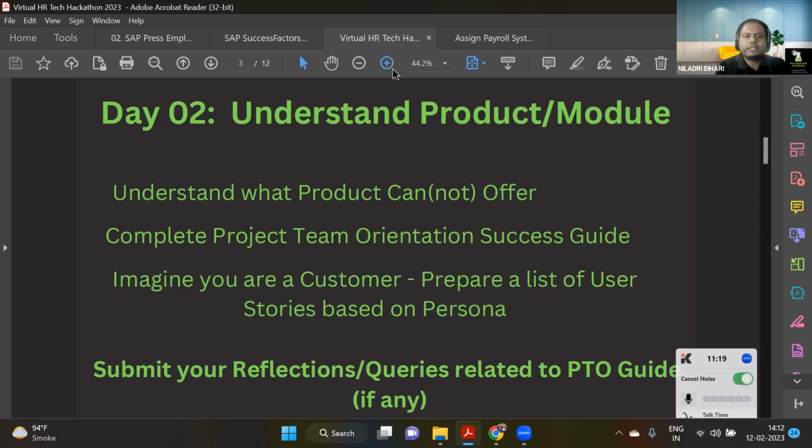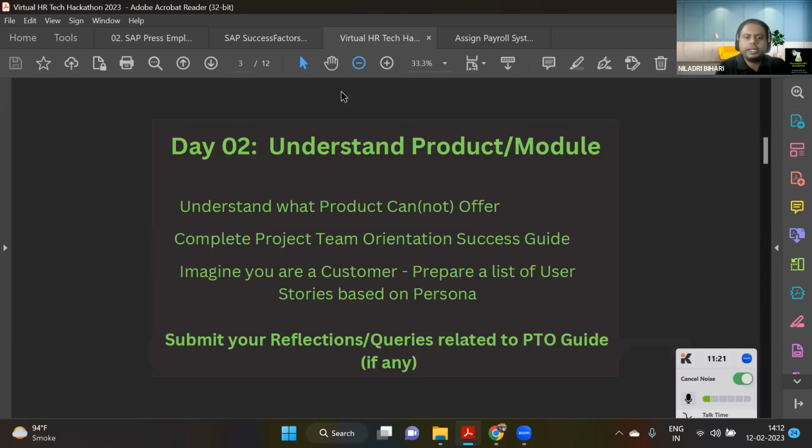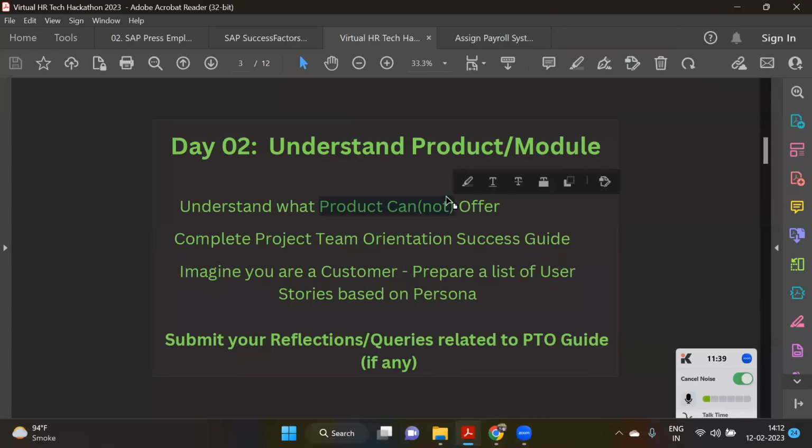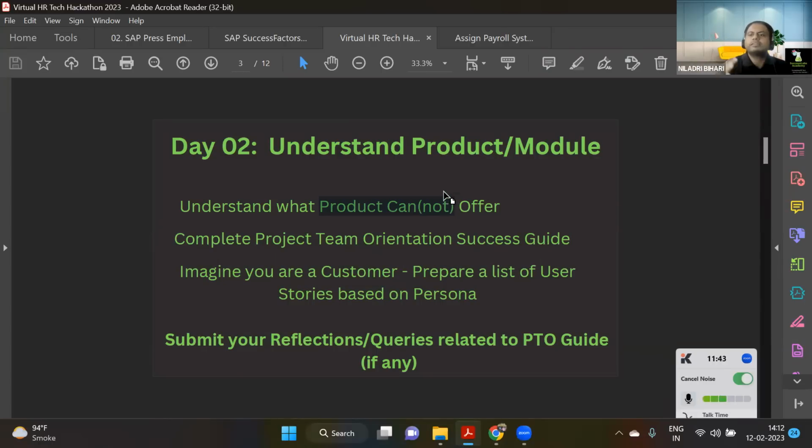Okay, because this is something on my inline list. What I recommend to learners is that you have to understand what the product can offer and what the product cannot offer. Last time we also discussed what is possible and what is not, because it is a cloud product, it may or may not offer everything the client needs. Over a period of time, they keep improving that product based on customer feedback,